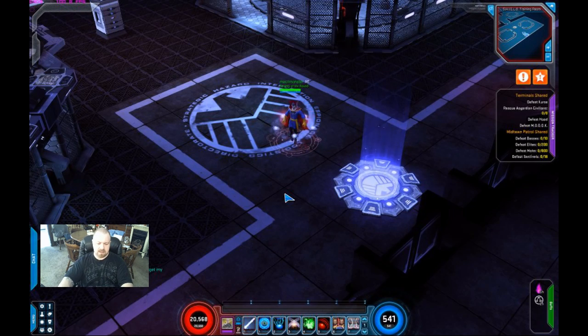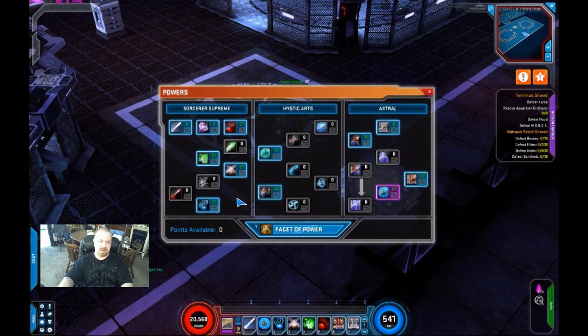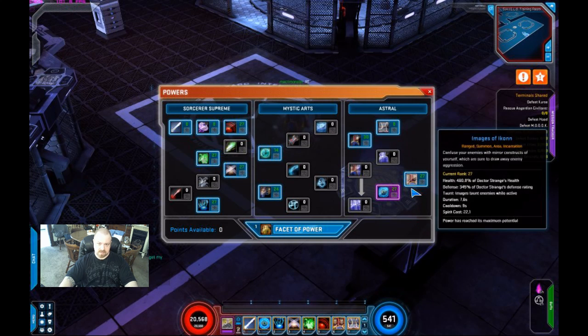The 2015 Sorcerer Supreme build really isn't going to be changed too much. We're just going to take the skills that we're already using, and the 1-pointers now become a 20-pointer and like 13-pointer or something. So for the Sorcerer Supreme build, we're going to take 20 points, and we're going to put